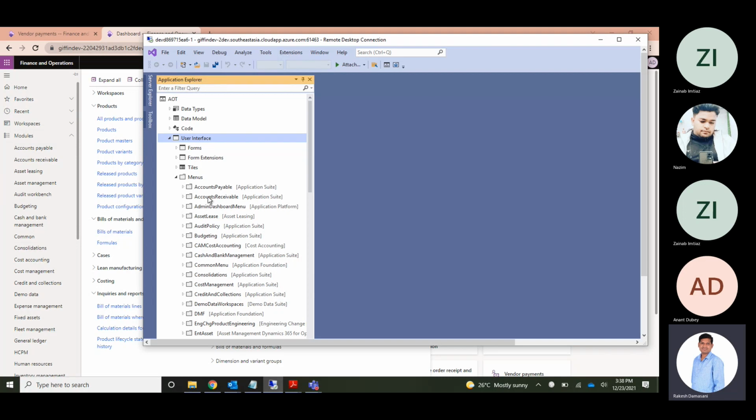In the back end, how do we identify that? It can be identified by going to user interface, menus, and mostly it will be the same name: accounts payable, accounts receivable, cost accounting, consolidations, cost management. It will be the same.